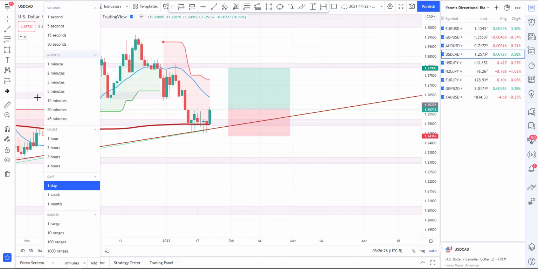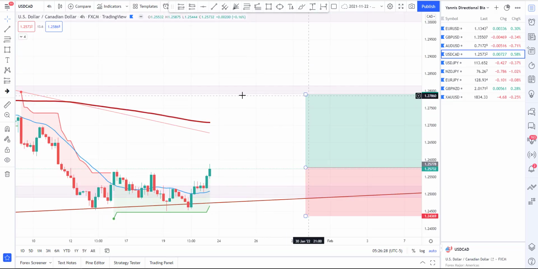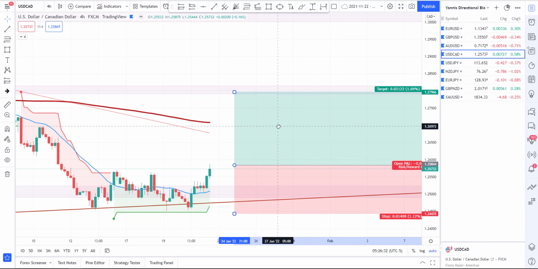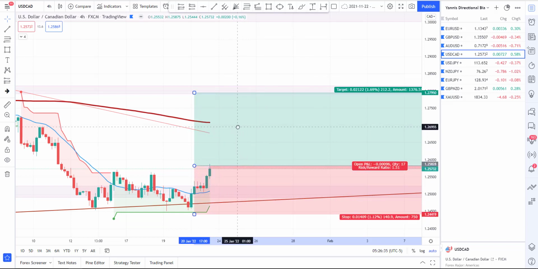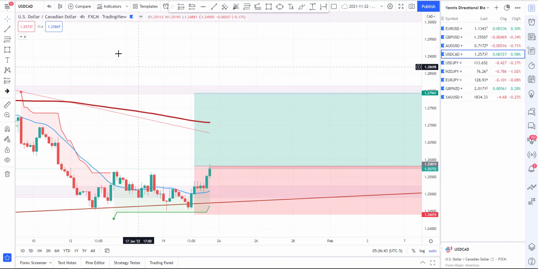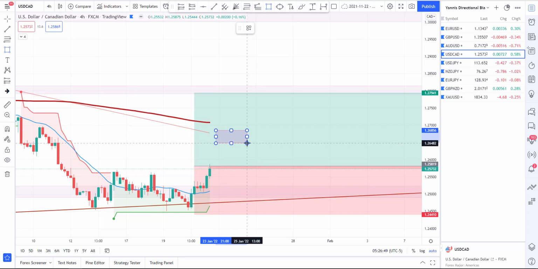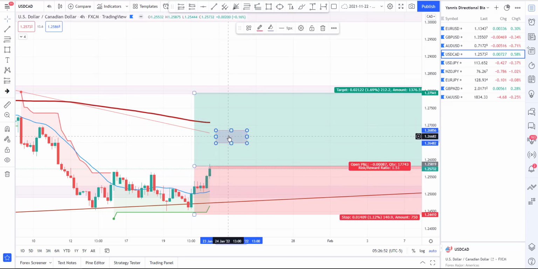Dropping down to our trading time frame, let's try to see if we can pinpoint something better. Obviously we can't. This is where things should be placed. This is our entry. Sorry, this is our target. Keep your eyes on that level here,